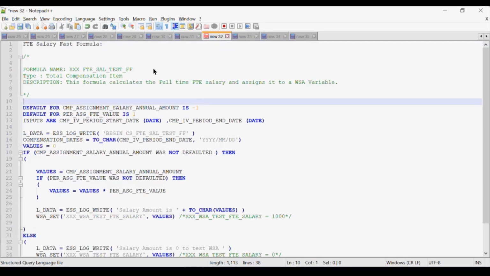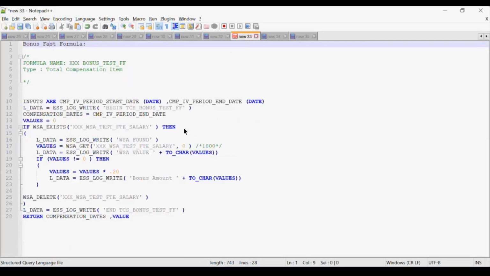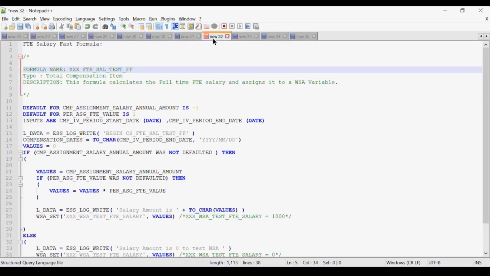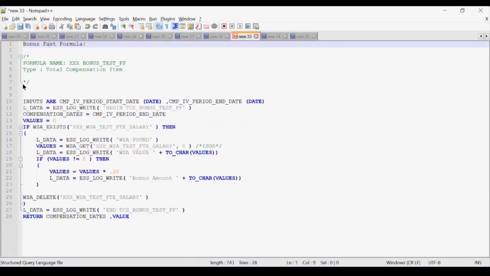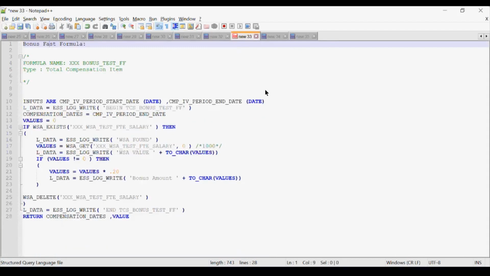Here our requirement is to execute one after the other. For an associate, you need to execute the salary formula first, and after that the bonus formula. So in this case, I will give the salary element the highest priority, and the bonus the lowest priority. So the moment the highest priority element comes, it will execute that first. After that, it will execute the lowest priority element.